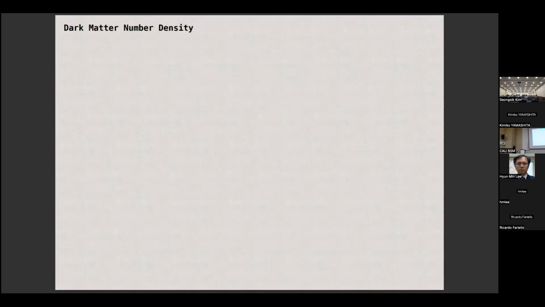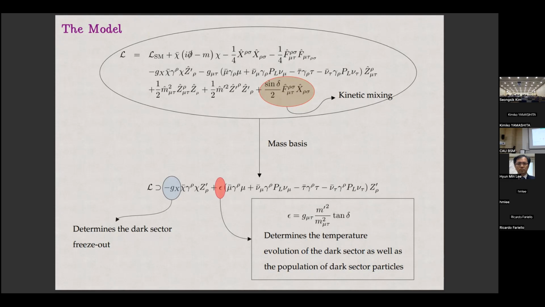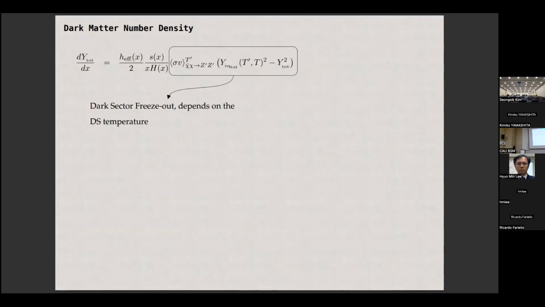So therefore we have 4 free parameters. It is the M chi, which is the dark matter mass, epsilon, this is the total coupling, Gx, and M_Z prime. So now we have to solve the Boltzmann equation to calculate the relic density of the dark matter. So in the left side, this is basically the co-moving number density in the Boltzmann equation, as a function of the rate of change of co-moving number density, and X is defined as M chi over T.